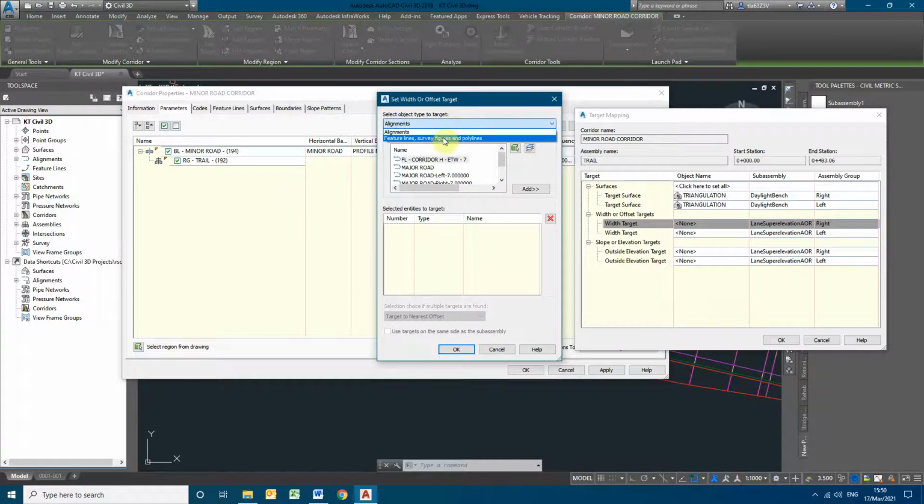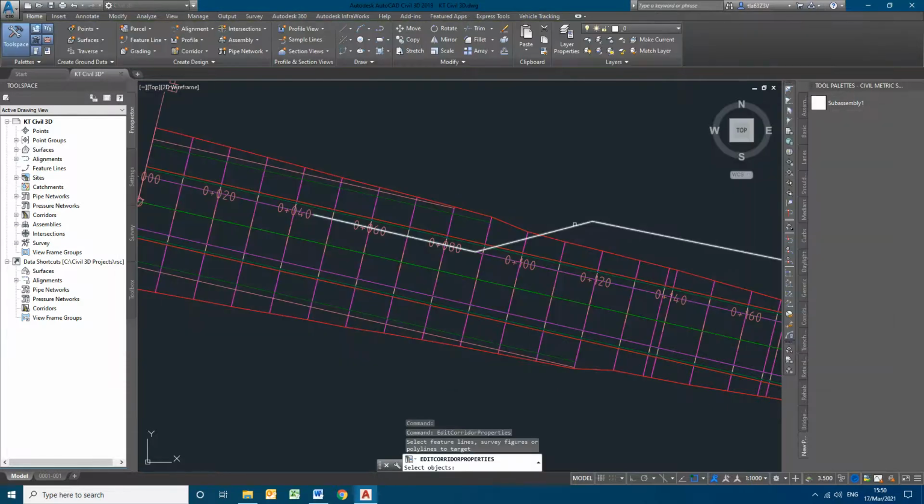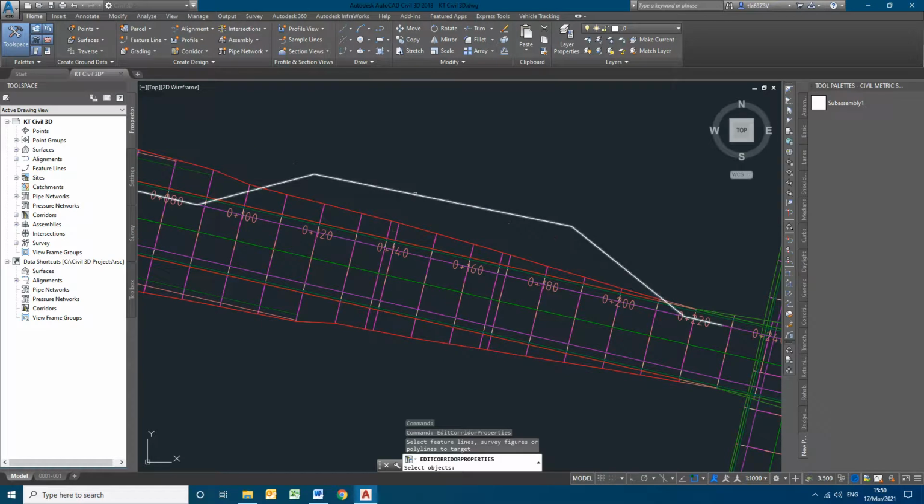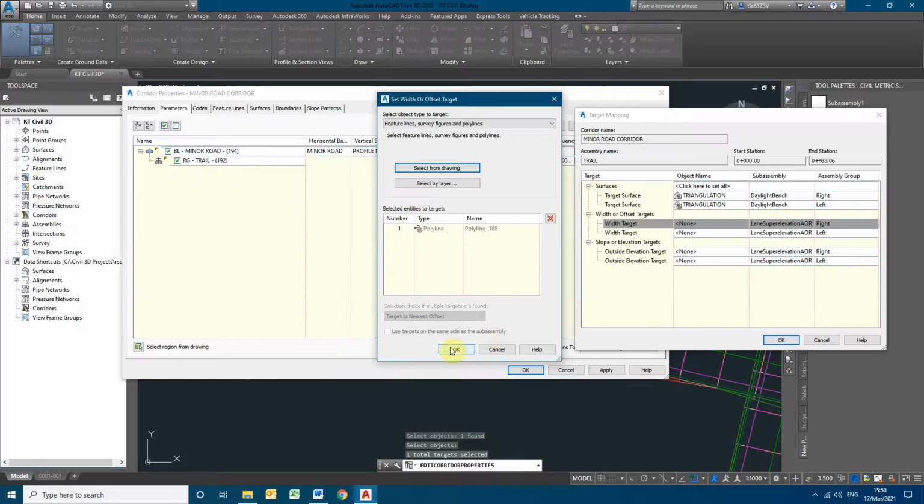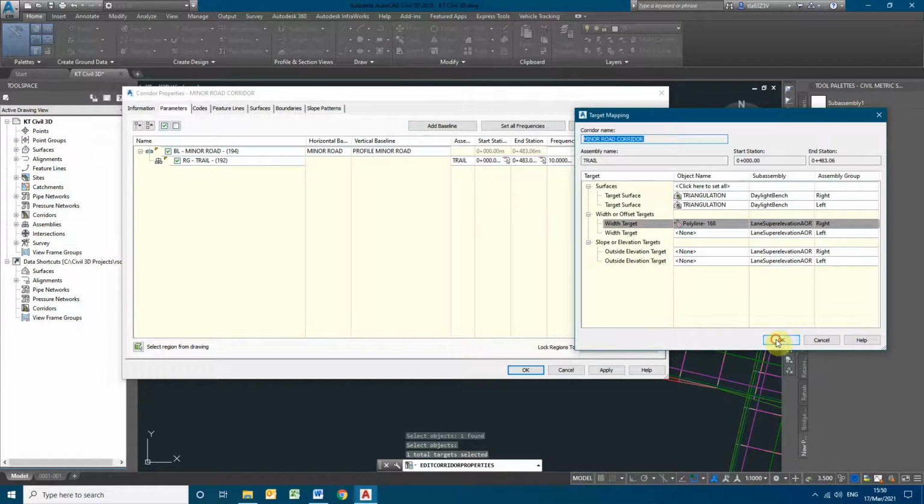Otherwise, if you want to go with some feature line or polyline, you have to select the polyline. You can even select it from the drawings. So you click on select from the drawing and identify this. Just select the polyline that we had drawn for the bus bay and apply it. By clicking on enter, you can apply it. Click on OK, apply this.